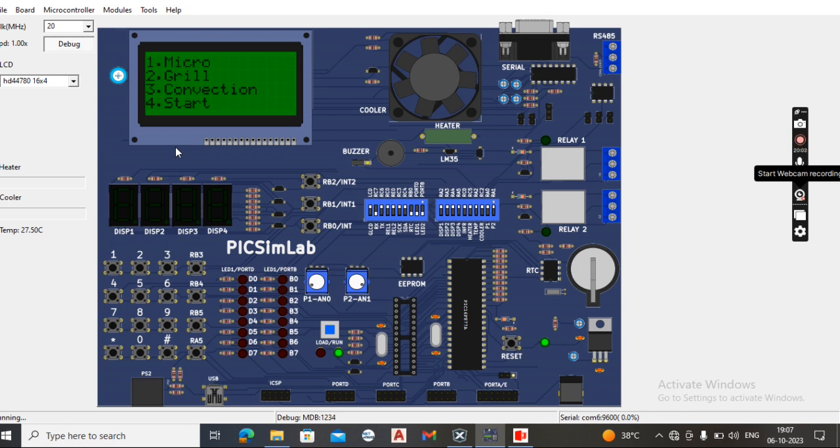This is the convection mode. This convection mode is different from the above two modes. Here by pressing key 3 I can observe the convection mode. To run the convection mode we have to set the temperature here. Initially I have explained in the code. So now I will set the time for 30 seconds. By pressing the hash key, I can start the process of